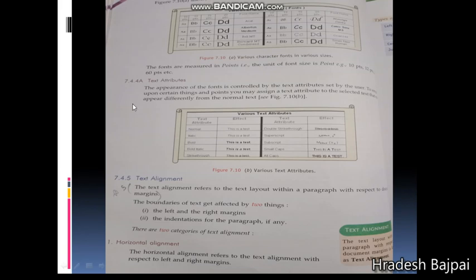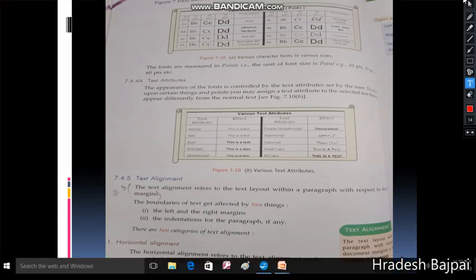This is the list of text attributes: normal, italic, bold, italic, strikeout, and by using these effects you will see this type of change.